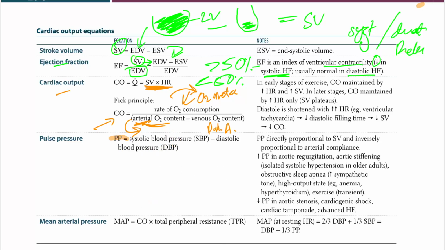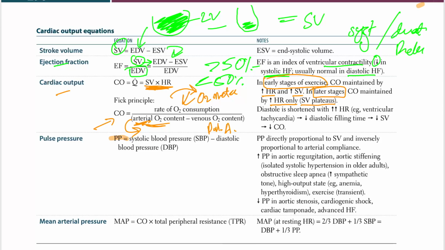Okay, so on the right side, which is sort of a more important thing, is in early stages of exercise, the cardiac output is maintained by increase in heart rate, increase in stroke volume. So in early, okay, let's look at the later one and then we compare. In later stages, the cardiac output is maintained by increase in heart rate only, because SV, which is stroke volume,